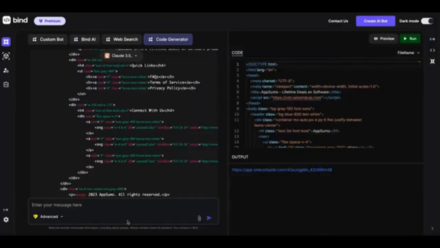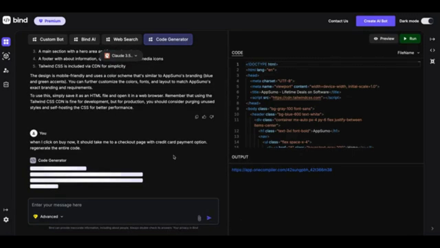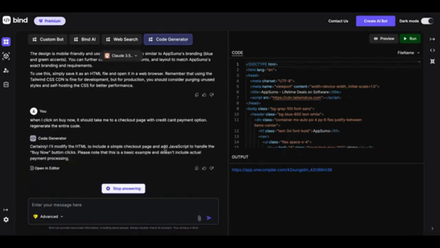And I can give it subsequent instructions, and I can say things like, okay, when I click on buy now, it should take me to a checkout page with credit card payment option, regenerate the entire code. So it's going to regenerate the entire code, and meanwhile I'm going to show you some